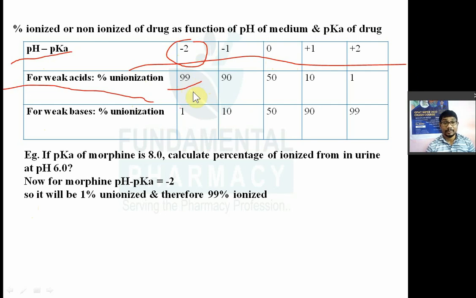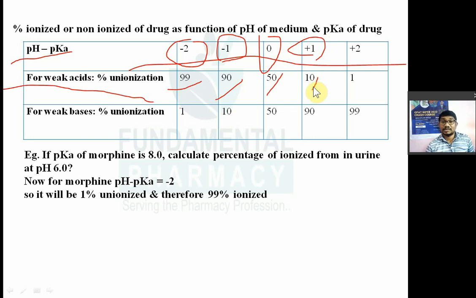Now for weakly acidic drug, if pH minus pK comes 0, तो उसका मतलब भाई 50% drug will be unionized and remaining 50% will be ionized, right. If pH minus pK value comes +1, percentage of unionized drug will be 10%. जब 10% अनआयोनाइज्ड है तो आयोनाइज्ड 90% रहेगा. So likewise if pH minus pK value comes +2, that means 1% of drug will be unionized. So if 1% of drug is unionized, then 99% drug will be ionized. So obviously, weakly acidic drug के लिए ऐसा करना है, ठीक है।